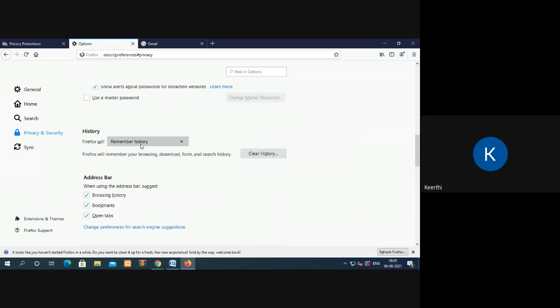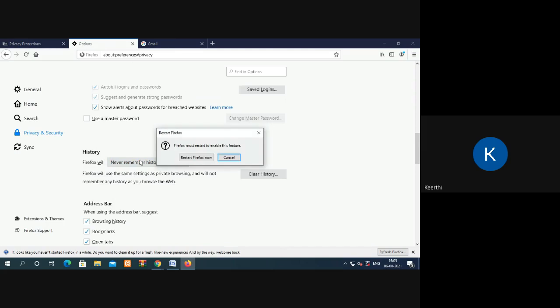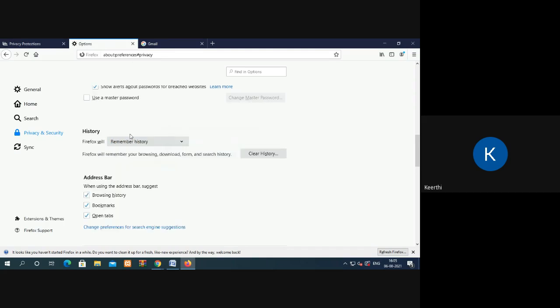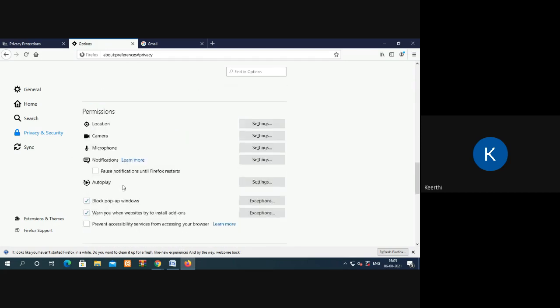And next one, you have to make the history to never remember the history, right? This is the next security option we can enable in the system. And the next one is,